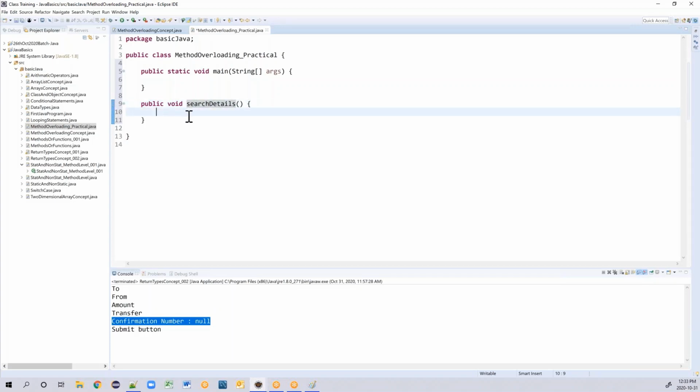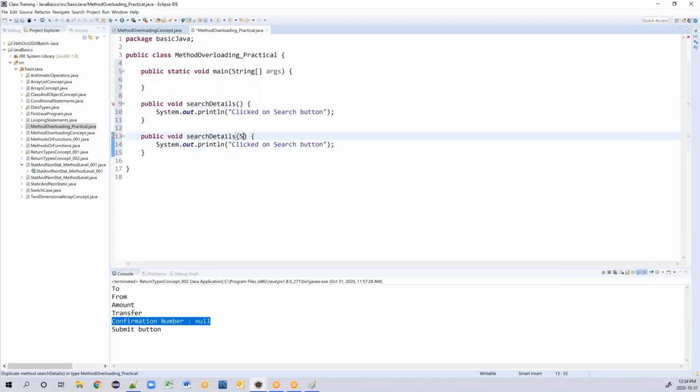So what I'm doing is directly going and clicking on search button. So I'll take the next method. In this method, I'm saying search with product name.